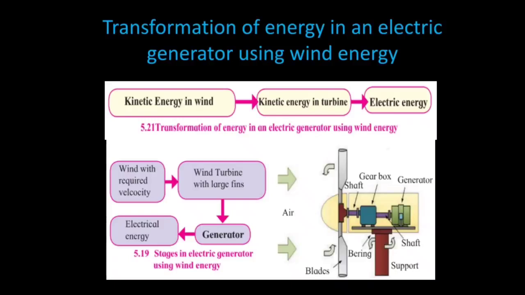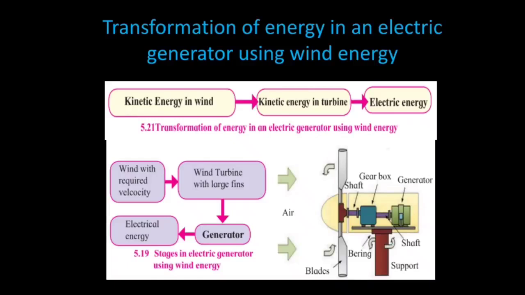As the wind strikes the blades of the turbine, the blades rotate. The axle of the turbine is connected to the electrical generator through a gear box. Bearings serve to reduce friction and allow for smooth rotation of the shaft. The function of the gearbox is to increase the rotations per unit time. Thus, the rotating blades drive the turbine, and the turbine in turn drives the generator to generate electricity.